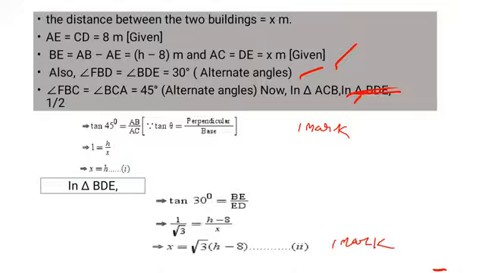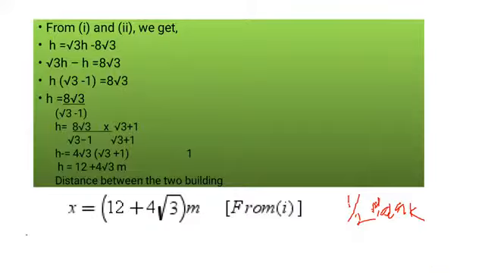So 1 is equal to h upon x, and the equation becomes x is equal to h. In triangle BDE, tan 30 degree is equal to BE upon ED. 1 upon root 3 is equal to (h minus 8) upon x, or x is equal to root 3 (h minus 8). This is equation 2. From equation 1 and 2 we get h is equal to root 3 h